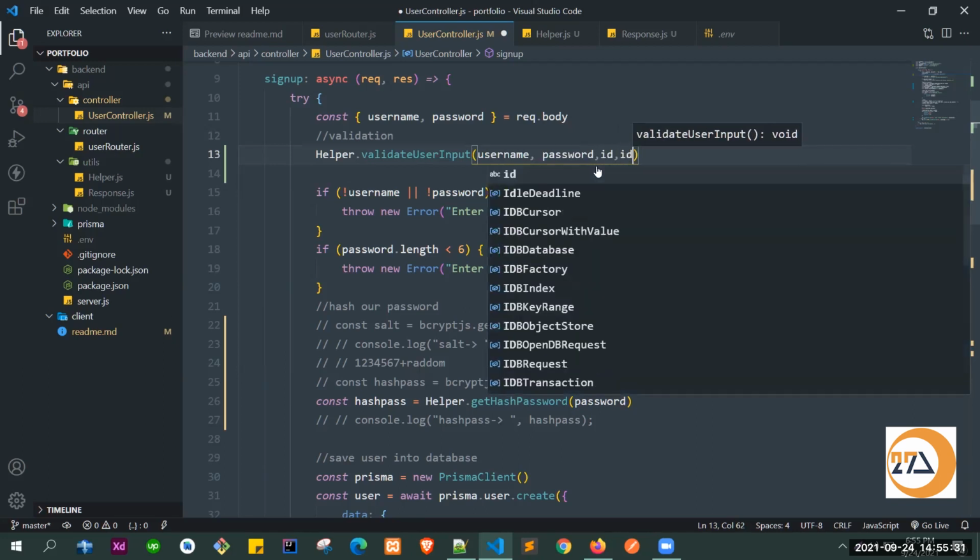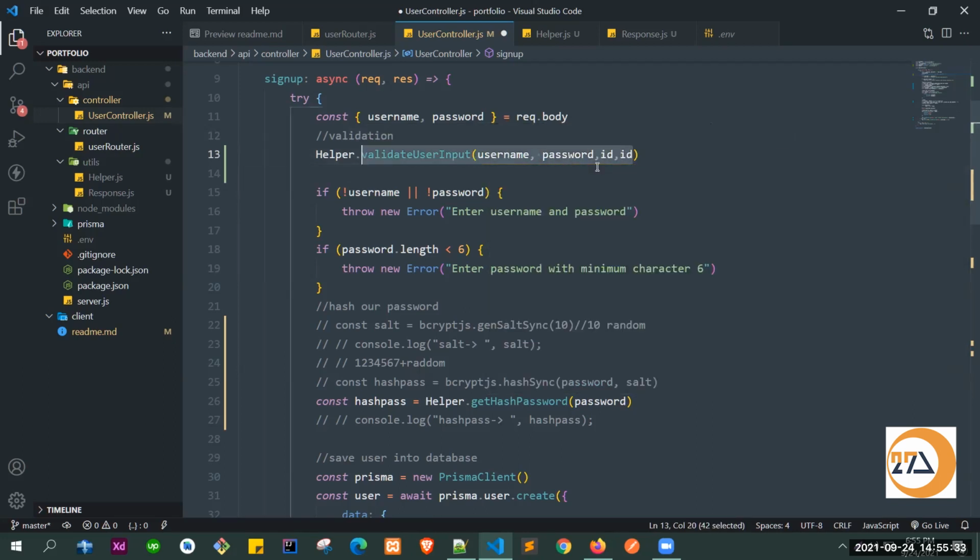This way we'll pass everything, separating them with commas. After that, it will give you a true or false value, telling whether they all have a value or not. Is any of them null, or is any value undefined or not? So we'll check this thing.